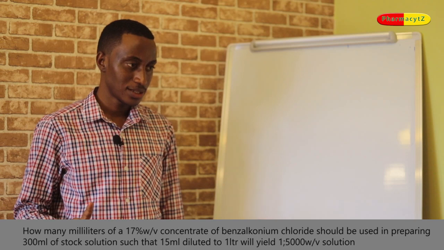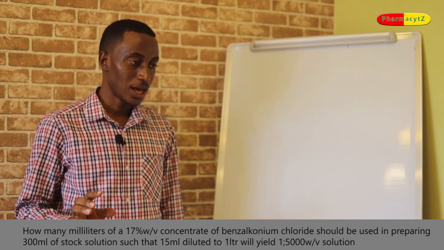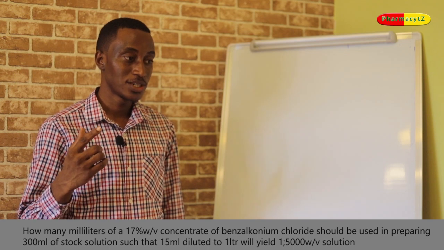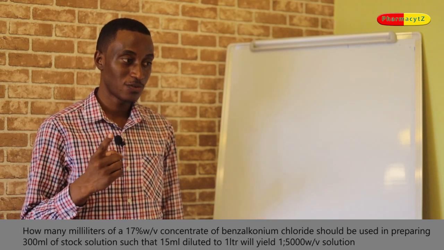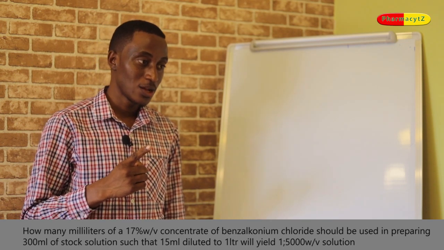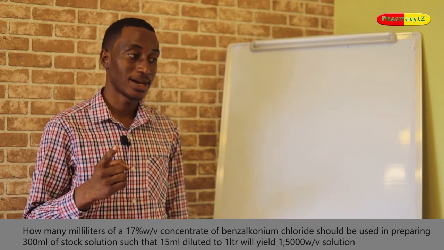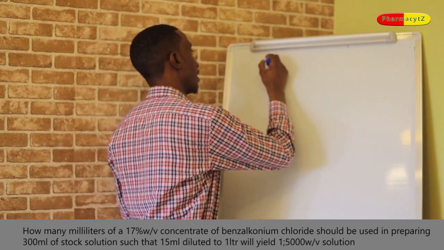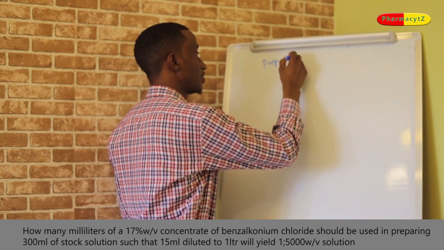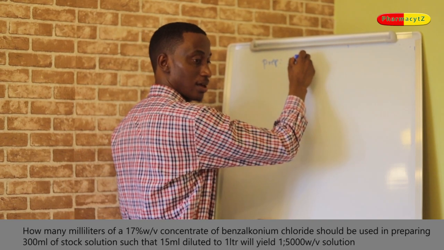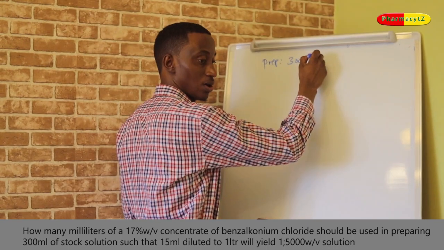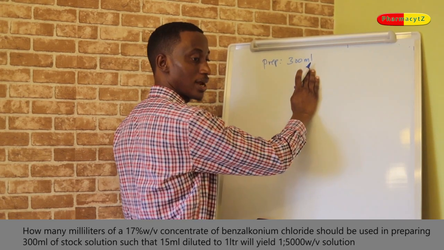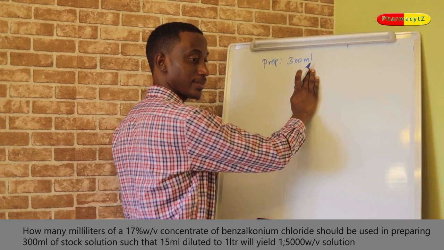So this means that we should identify the number of milliliters of a 17% concentrate of benzalkonium chloride which should be used in preparing 300 ml. So what are we preparing here? Preparation is a 300 ml stock of benzalkonium chloride, such that